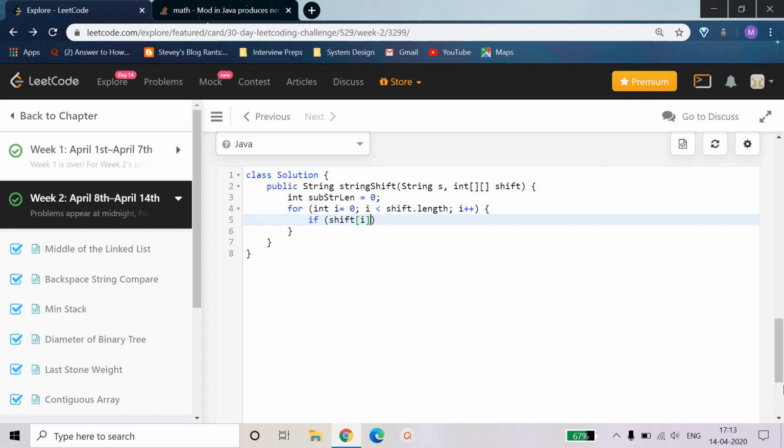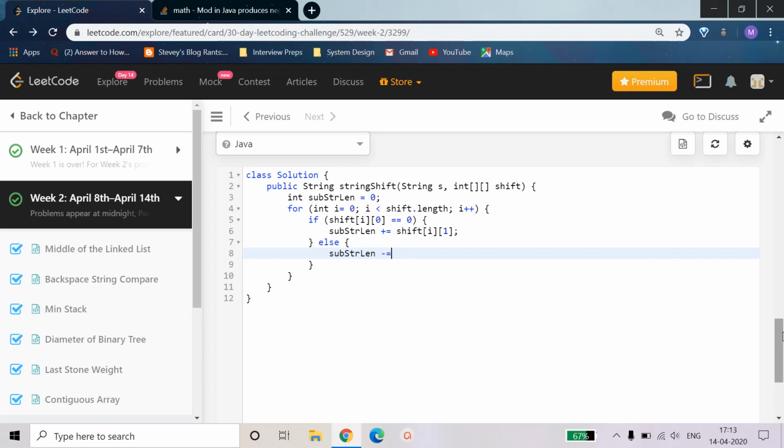So if shift of i, the first element, is 0, that means I have to remove the character from the start of the string. So I'll increase my length by the number of characters given to me. And if I find that the first element is 1, then I'll decrease the string length that needs to be shifted by the given amount. So at the end of this operation, my substring length will